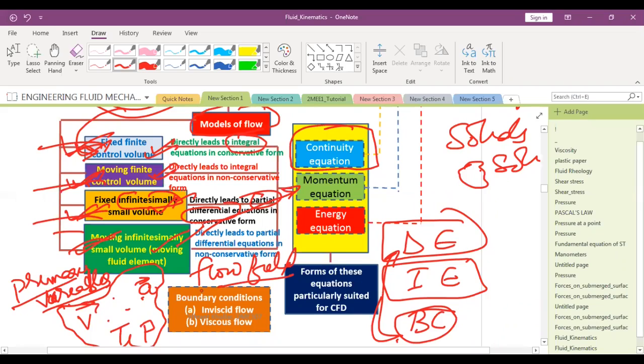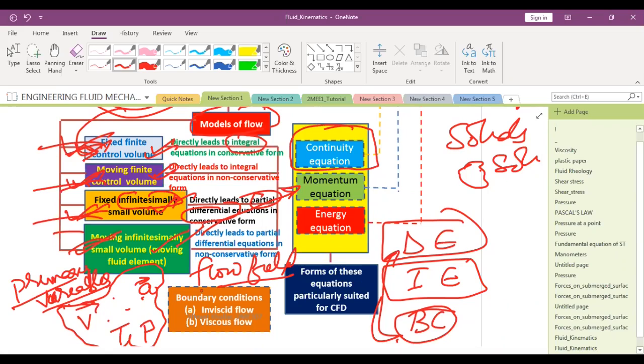In the Lagrangian approach also, it can be either a finite size moving control volume or a differentially small moving control volume. So whenever you apply the fundamental laws to any of these four models, you get the final equation,